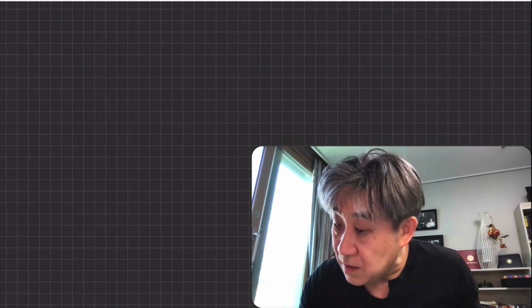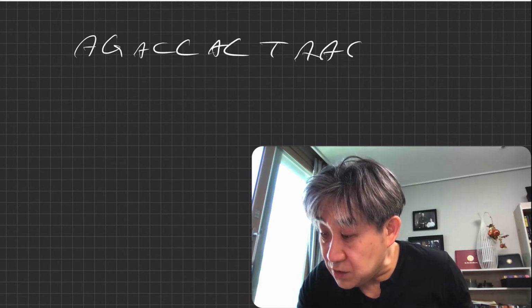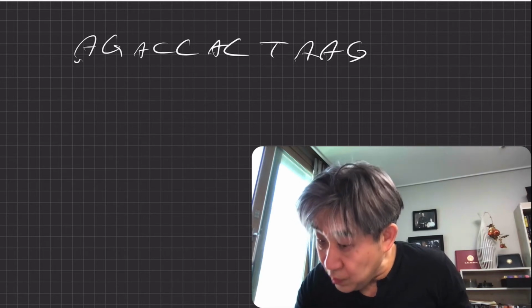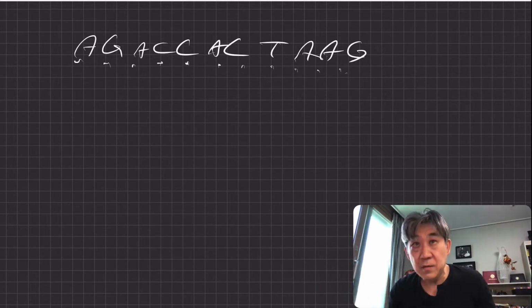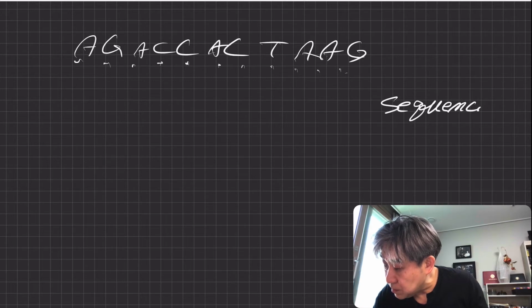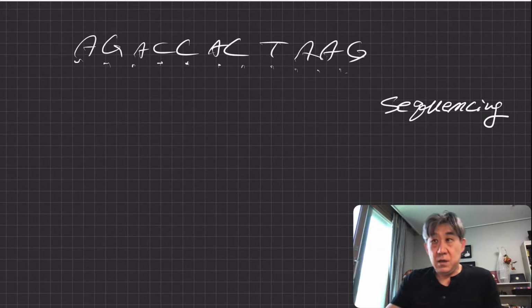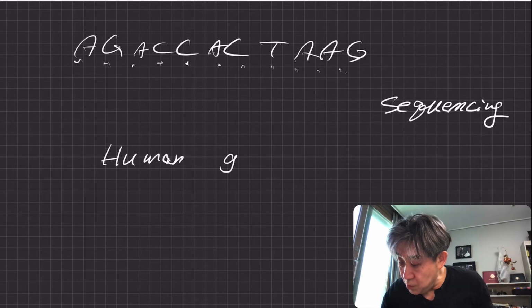Some of you may have a slightly wrong idea about what we actually do in DNA sequencing. DNA sequencing means, let's say in a certain region of DNA, you have A, G, A, C, C, A, C, T, A, G, like this, and then you identify each nucleotide, what type of nucleotide you have in a particular region. That is sequencing. Actually, the famous human genome project,